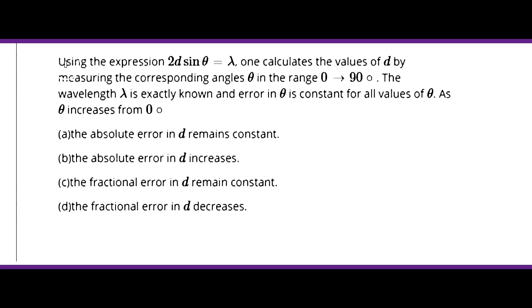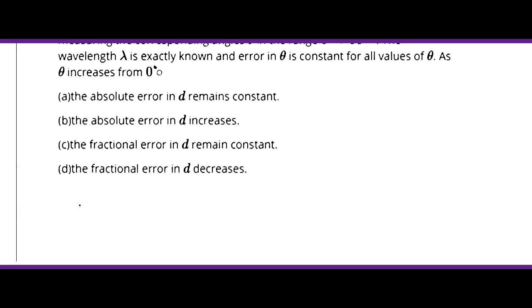Hello students, today our question is: using the expression 2d sin theta equals lambda, calculate the value of d by measuring the corresponding angle theta in the range 0 to 90 degrees. The wavelength lambda is exactly known and the error in theta is constant for all values of theta. As theta increases from 0 degrees to 90 degrees, options A, B, C, D are given here, so we have to find which option is correct. So the solution of this question is,